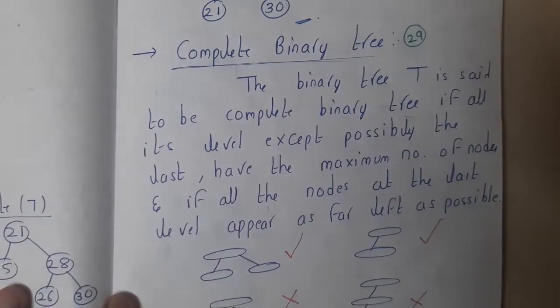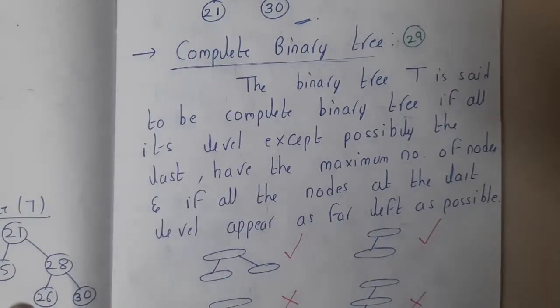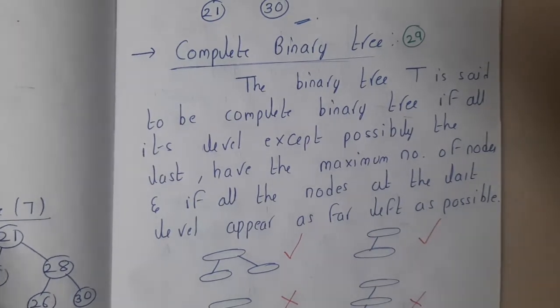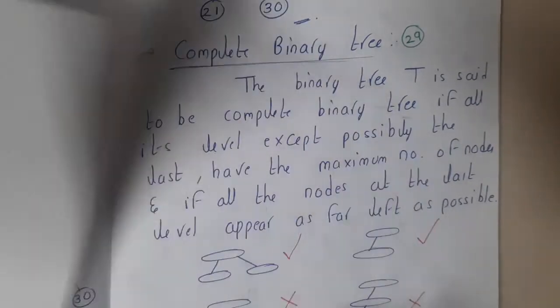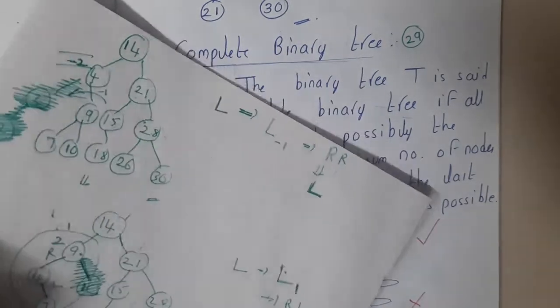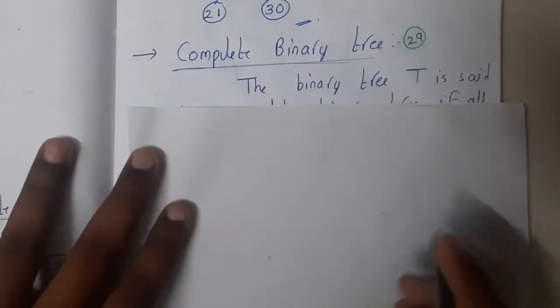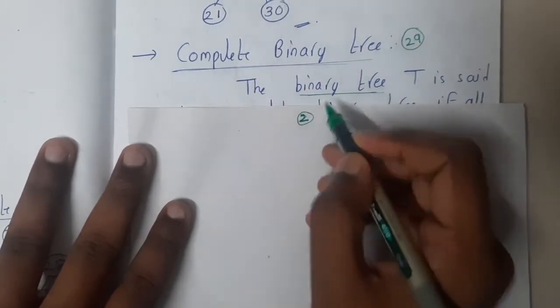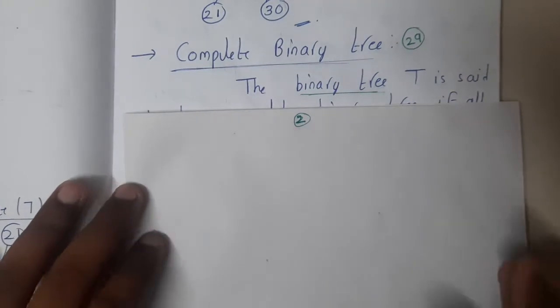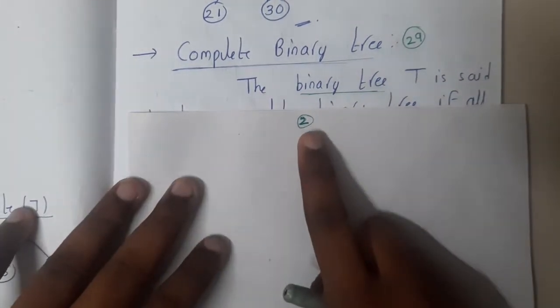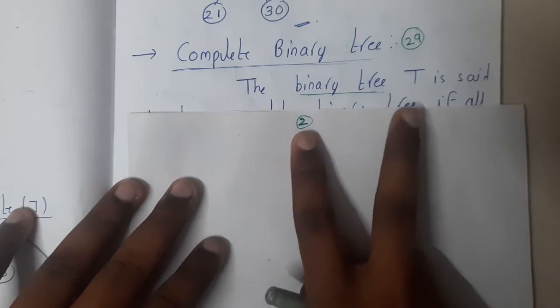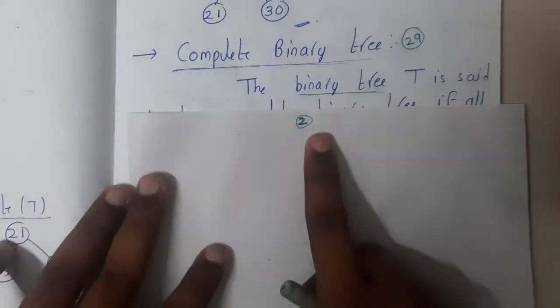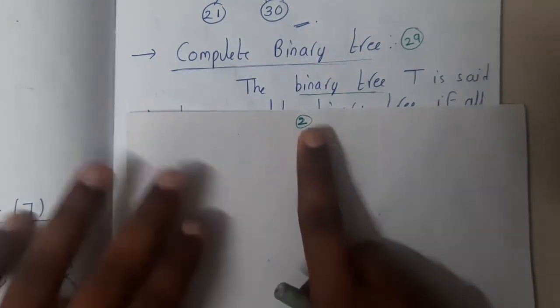In this lecture, let us go through the concept of a complete binary tree, guys. So let us start. What is a complete binary tree? This is not related to the BST or AVL tree concept, guys. It is a unique tree, you can say. It is also a binary tree with not more than 2 children. So at max, each node can have 2 children.